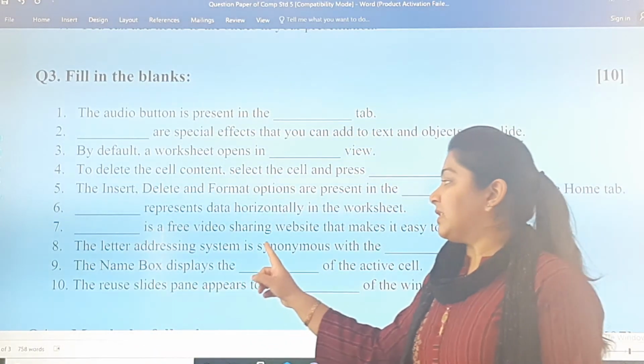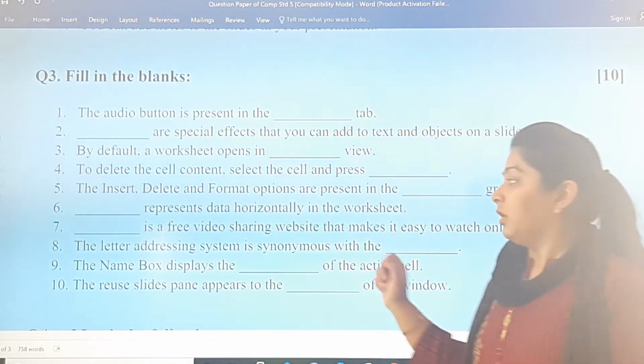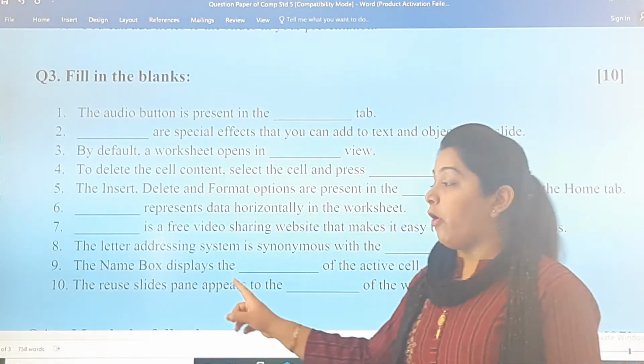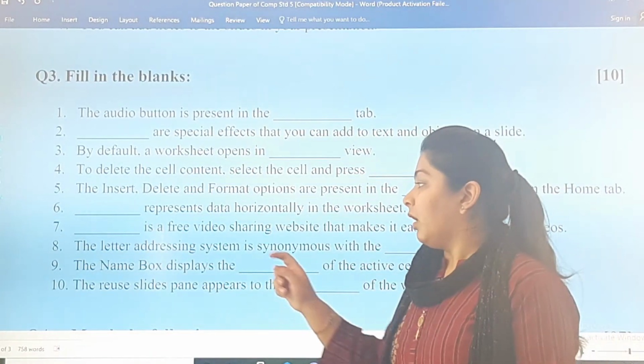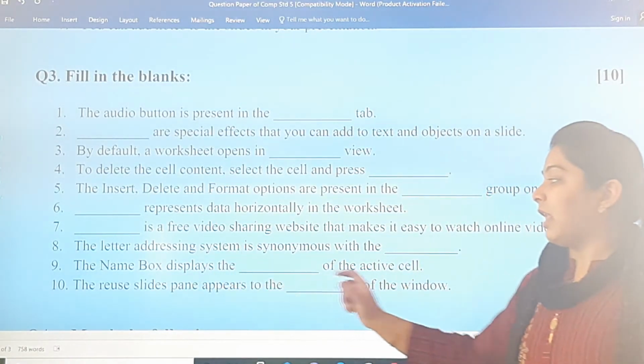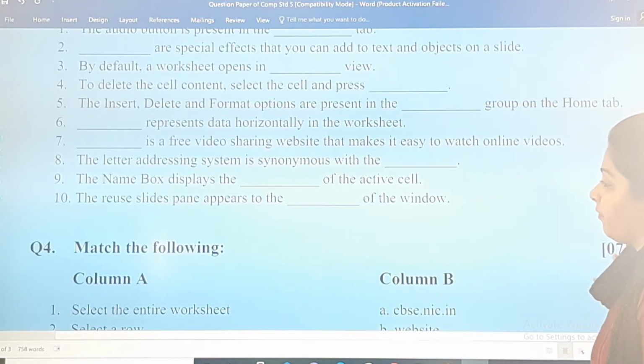The letter addressing system is synonymous with the dash. 9. The name box displays the dash of the active cell. 10th, the reuse slide panes appears to the dash of the window.